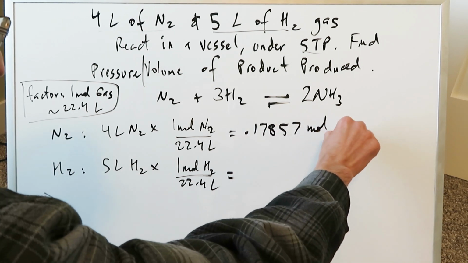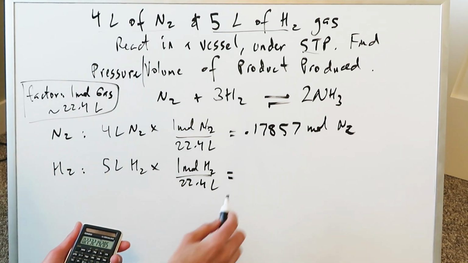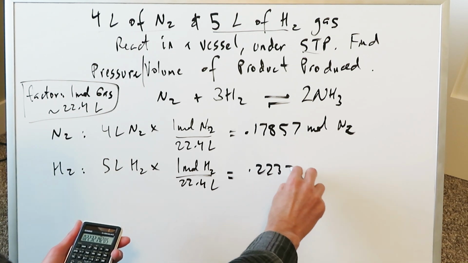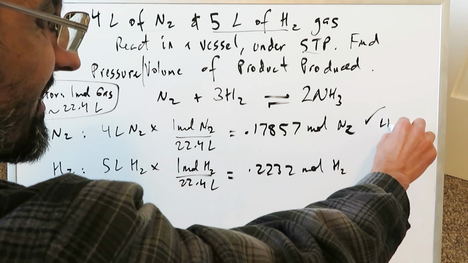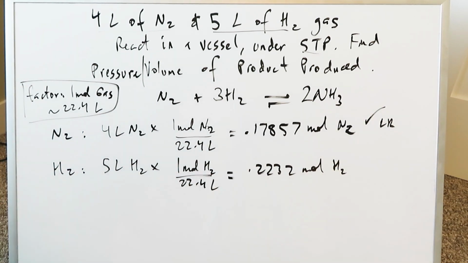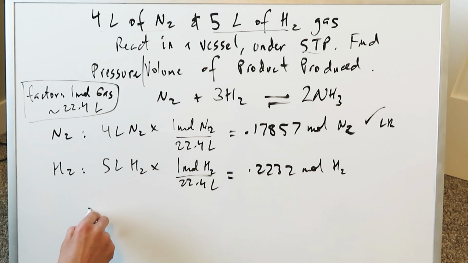0.17857 mole nitrogen gas. Now let's do the same thing here for hydrogen. You'll do 5 divided by 22.4. You're getting here 0.2232 mole H2. Which one is the limiting reagent? It's this one, because it's present in fewer moles, or it has less quantity in terms of its reaction. This right here will determine how much of that will be produced, and you'll have to use another factor label procedure here: